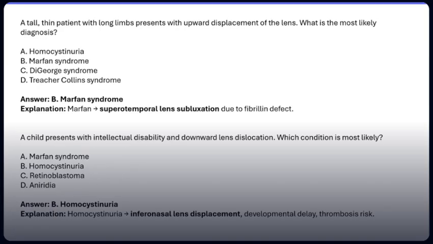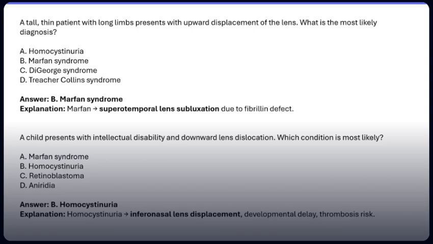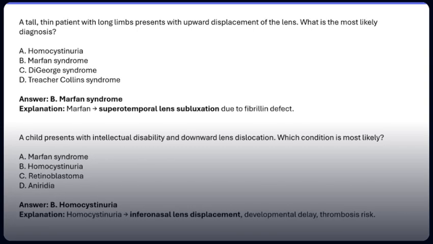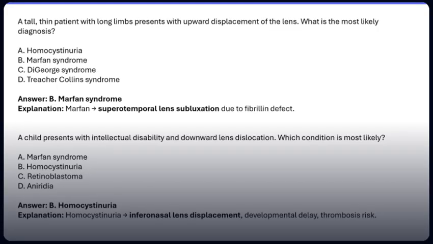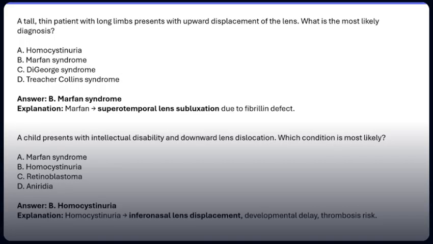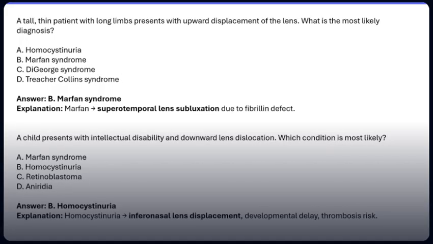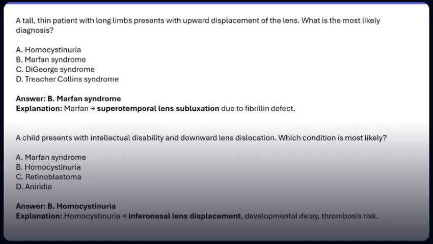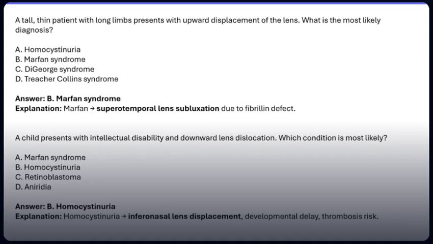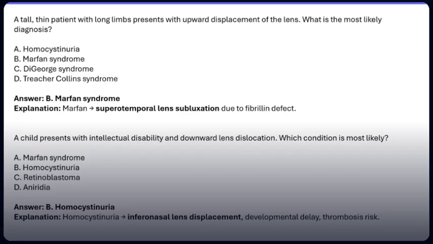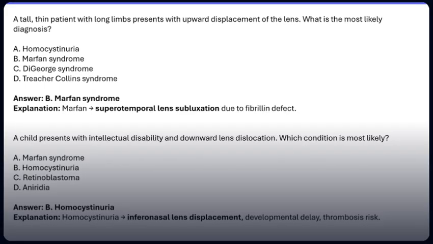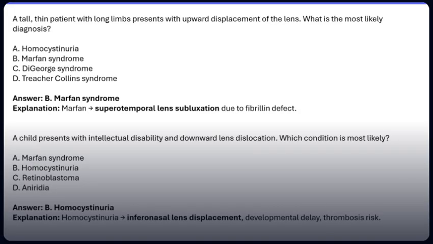Connecting the marfanoid habitus to ocular architecture, we identify the supratemporal subluxation of the crystalline lens as a direct consequence of a defective fibrillin 1 protein, which compromises the tensile strength of the ciliary zonules. Why does the metabolic failure in homocystinuria, characterized by elevated systemic homocysteine, specifically drive the lens into a contrasting inferonasal